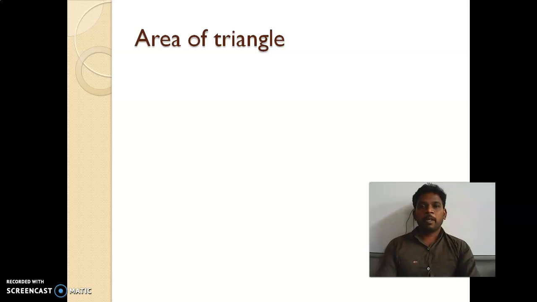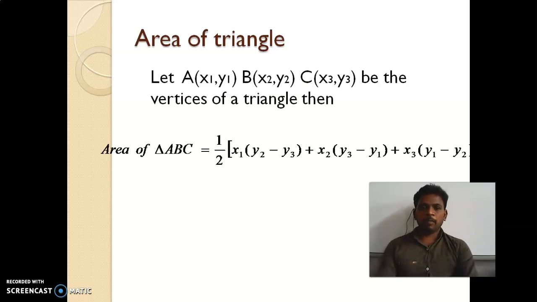Here we are seeing the coordinate points only. If we know the 3 points of a triangle, we can find the area of the triangle by using the formula half into x1 into (y2 minus y3) plus x2 into (y3 minus y1) plus x3 into (y1 minus y2). How can we remember this formula easily? Outside the bracket only x terms will come, and within the bracket y terms will come. The order is x 1 2 3, next start from 2 onwards, 2 3 1, and next start from 3 onwards, 3 1 2. Likewise, just remember the formula.